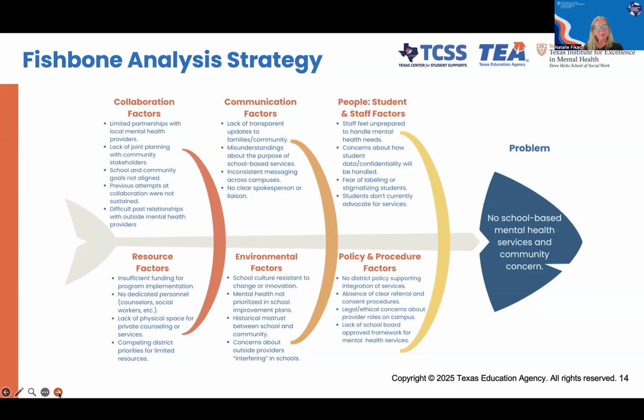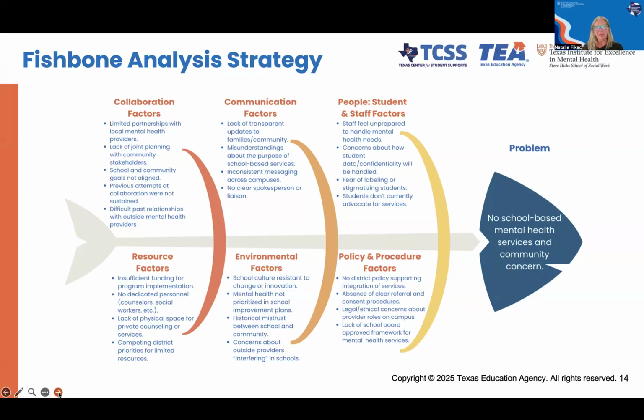Some potential resource factors could include insufficient funding for program implementation, no dedicated personnel to do the work, such as counselors, social workers, etc., lack of physical space for private counseling or services, or competing district priorities for limited resources. Some potential environmental factors: a school culture that's resistant to change or innovation, a place where mental health is not prioritized in school improvement plans, historical mistrust between the school and the community, concerns about outside providers interfering in schools,